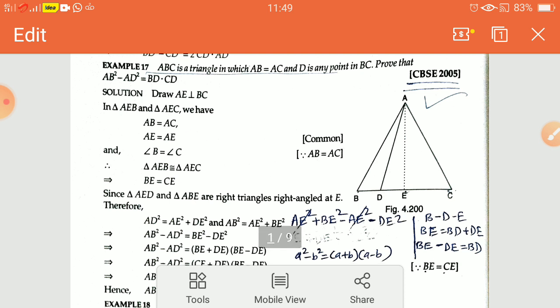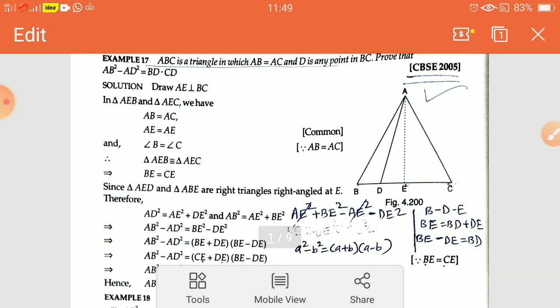AB is equal to AC and D is any point in BC. Prove that AB square minus AD square is equal to BD into CD. Here triangle